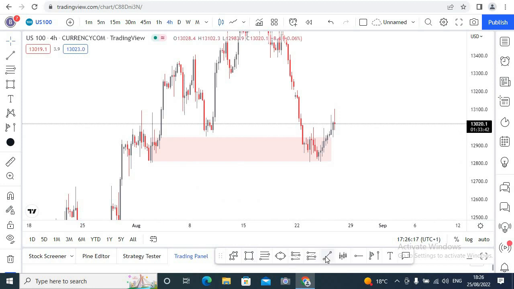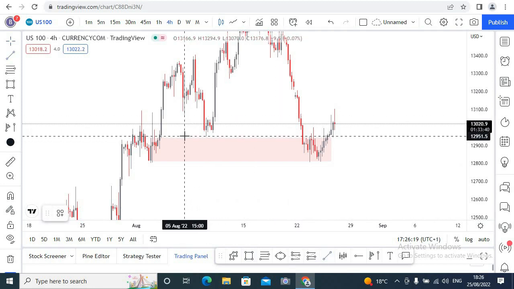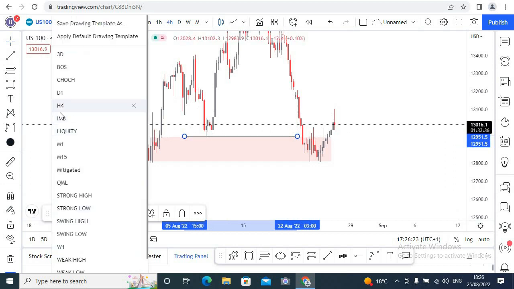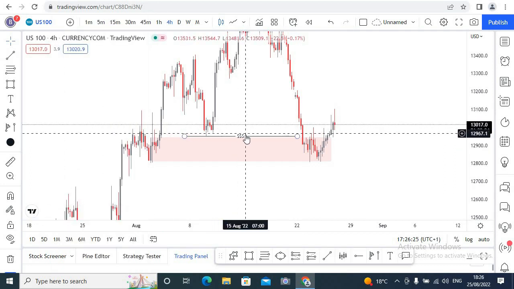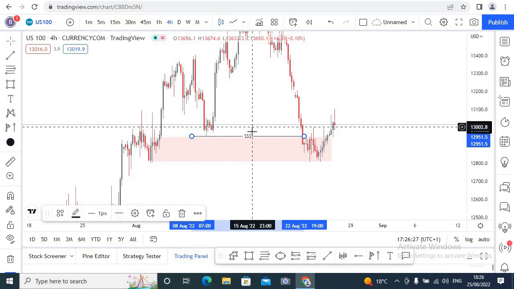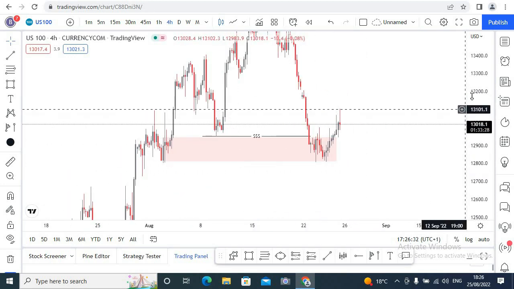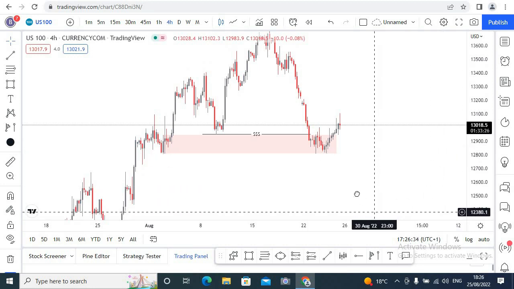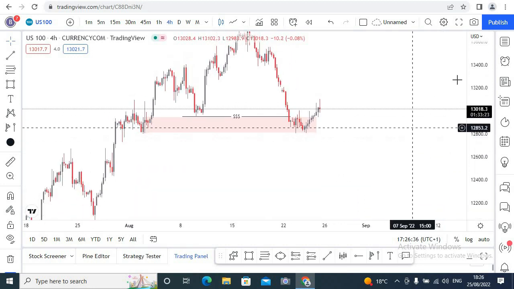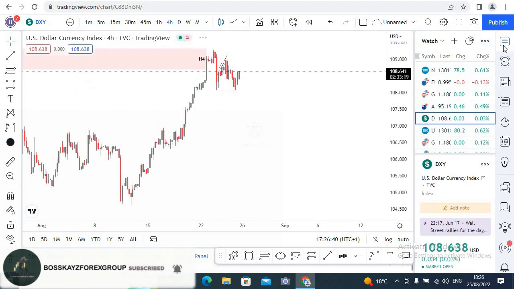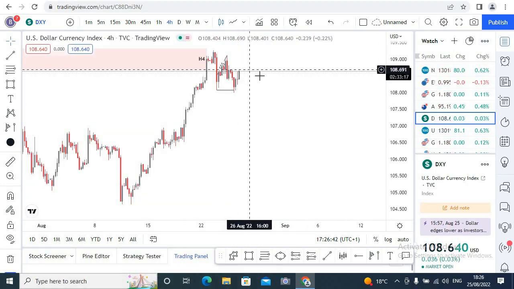We also had a nice inducement right here, nice inducement. So meaning this was a liquidity zone and it was being grabbed out. And as well, guys, for me on Nasdaq, I'm still on the short side. Why? Because DXY, it's looking like they will shoot up. You see, the structure is not looking good,